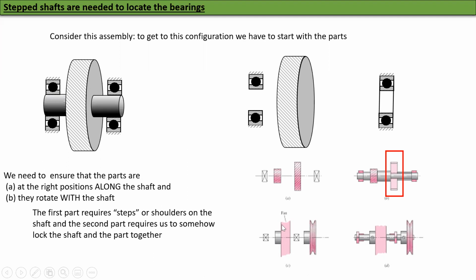So in this particular case, can you see this fan belt and this pulley? Typically, if you want to do one of those things, you have to put them outside so that you can mount the belts and all that. So you'll have to have the belt mounted on the outside, and you can see that there is a way to do that. There's some kind of screw here. We'll talk about that in a second. And then there's a fan and all that. So you have to actually do these steps. Okay, so that's why we need stepped shafts.